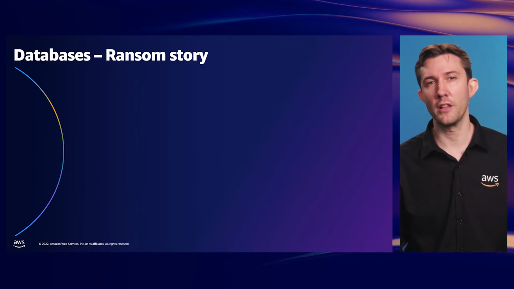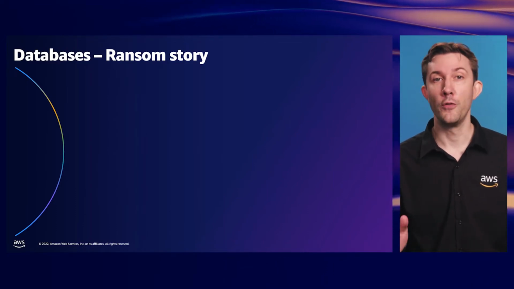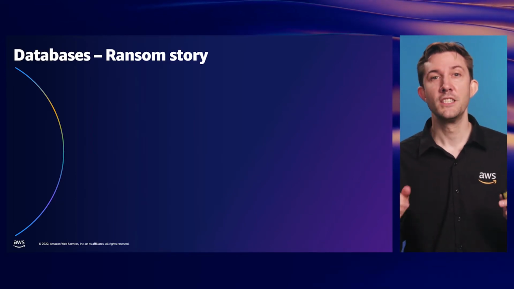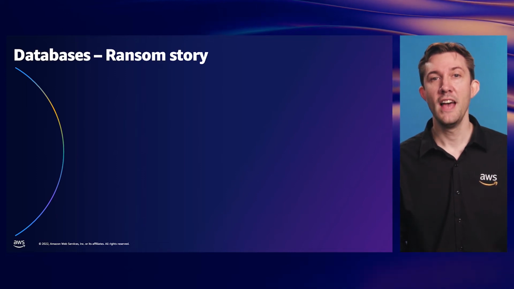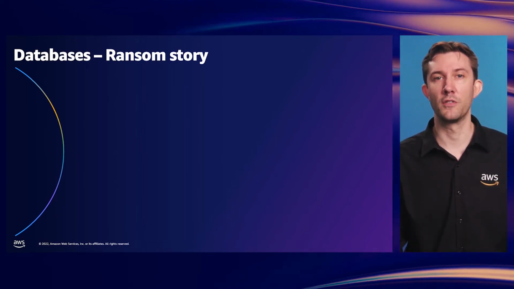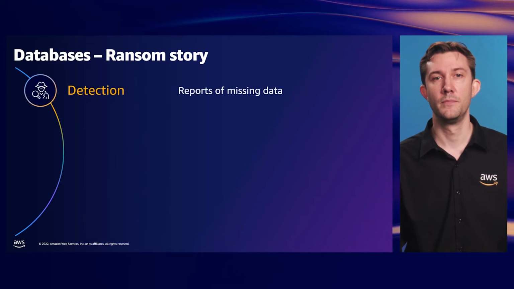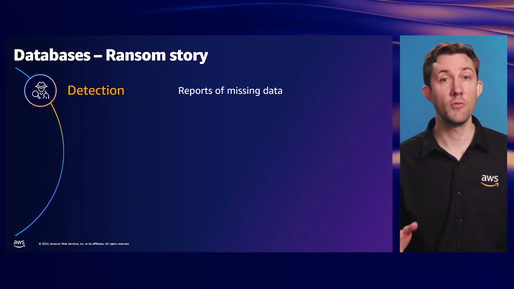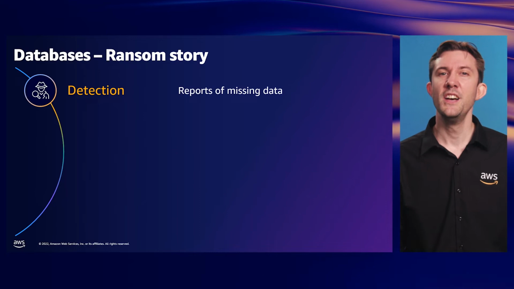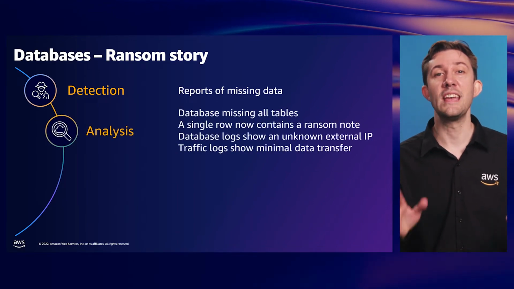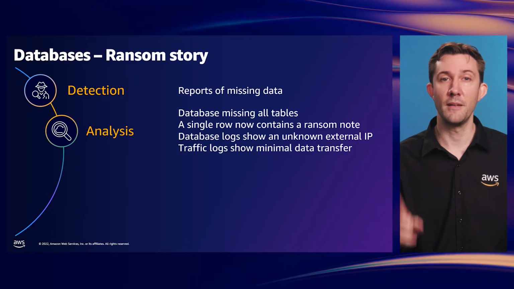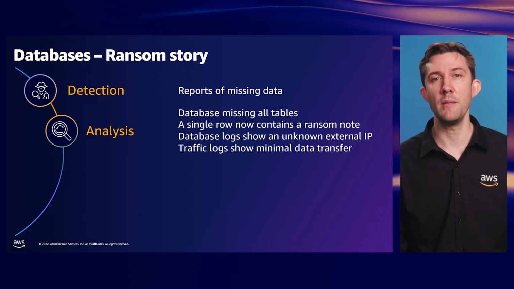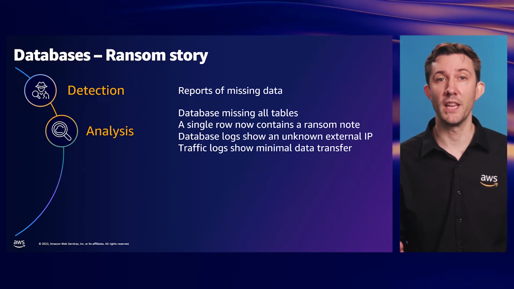Confused, John quickly calls Jane Doe, no relation, who for this story heads up both the IT department, database team, and security team. Jane knows how important this production run is and quickly discovers additional problem reports arriving in the queue. Jane puts on her DBA hat and examines the database itself and the related logs in CloudWatch Logs. To her dismay, she discovers that the entire database is empty, except for one row that contains a ransom note. The note was asking for payment of some Bitcoin, or else the attackers would release the data they stole.